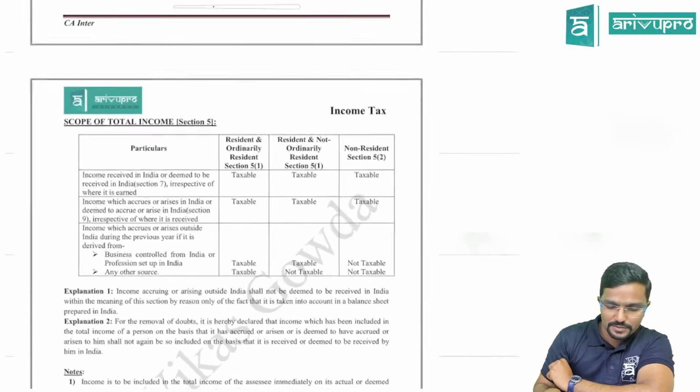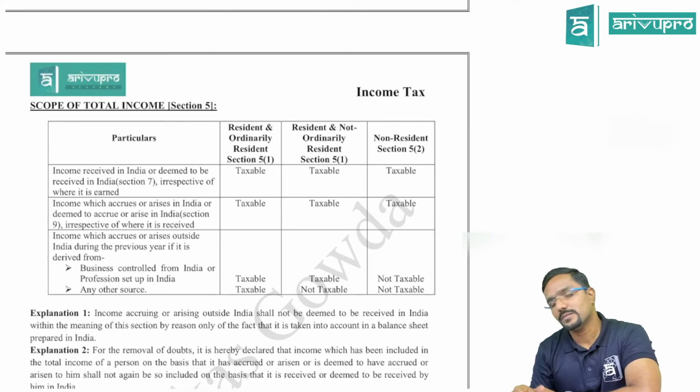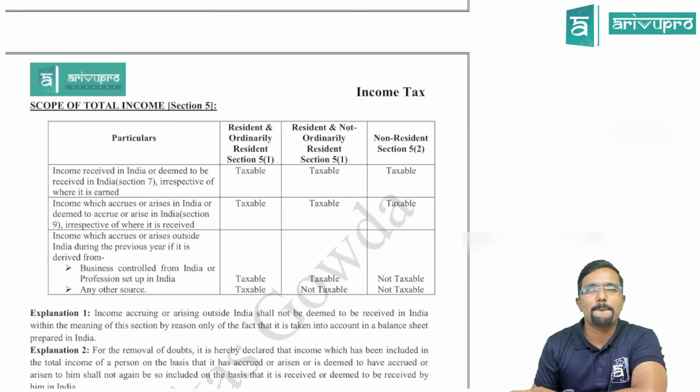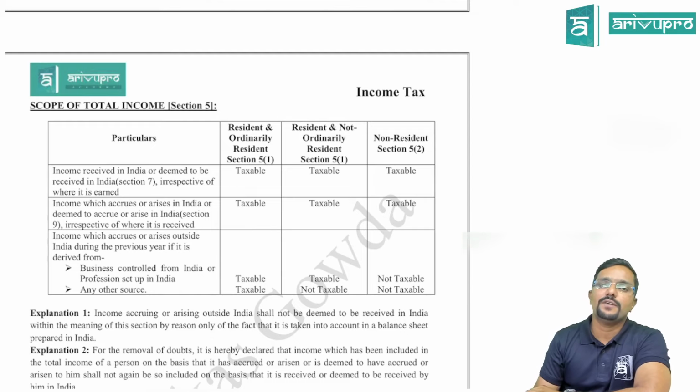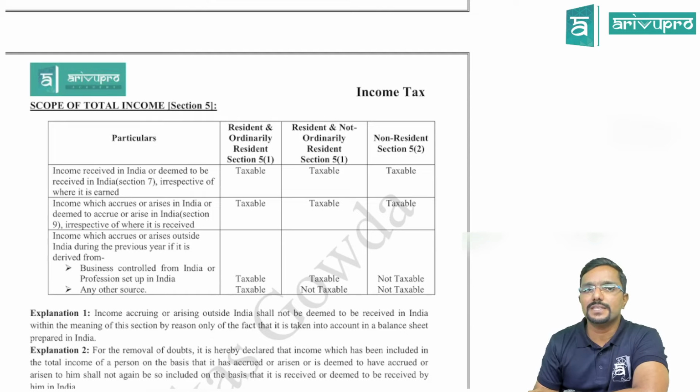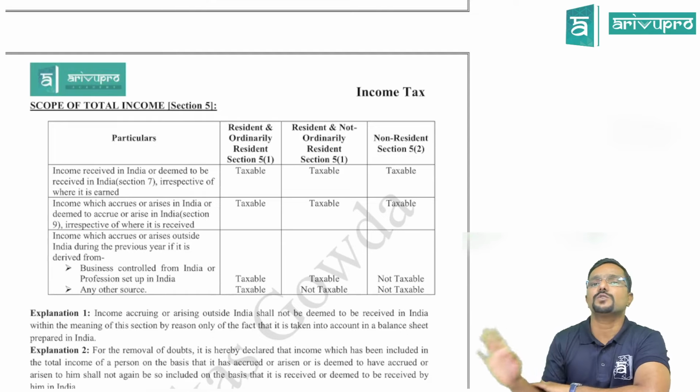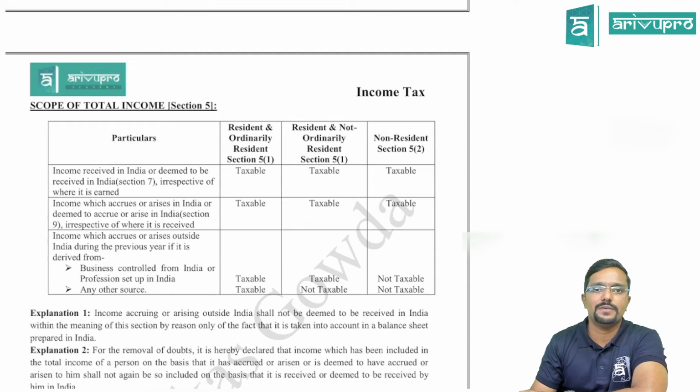Chalo. Section 6 is applicable to all kinds of persons, every category of person. It is common for all categories of person. It means for every year we have to determine the residency status separately, and once we determine the residency status, it is the same for all the sources of income and all the heads of income. It will not change from source to source or from head to head.